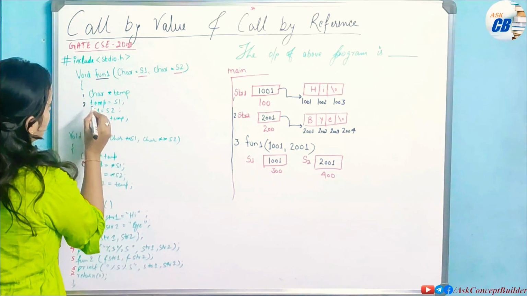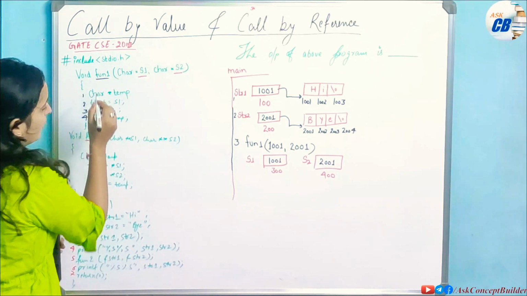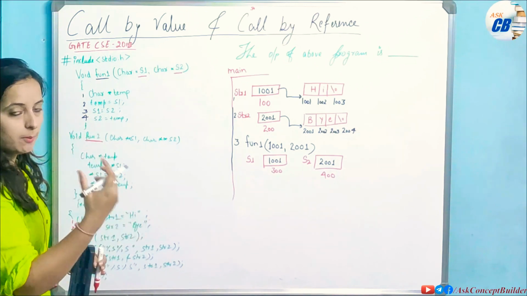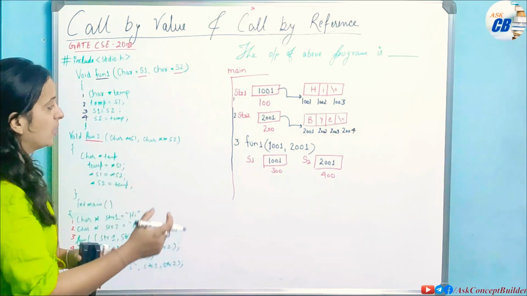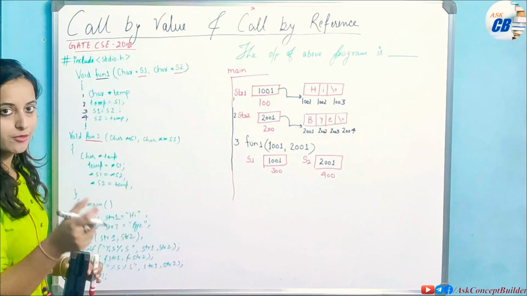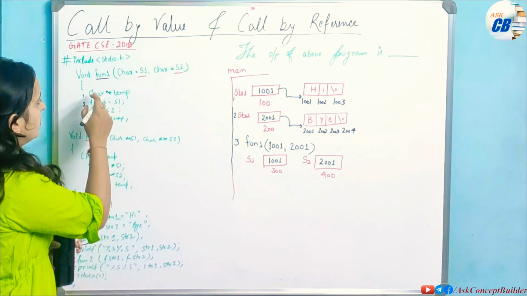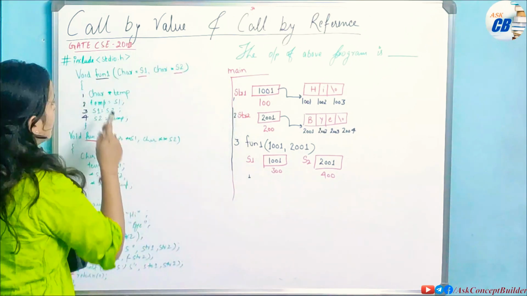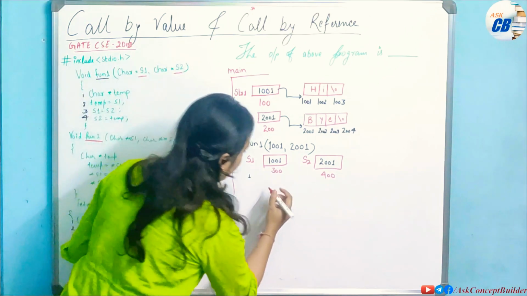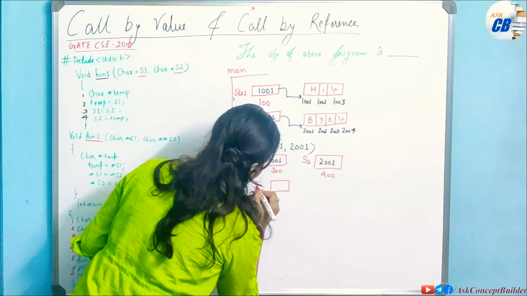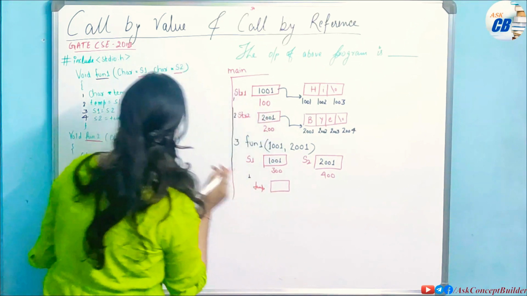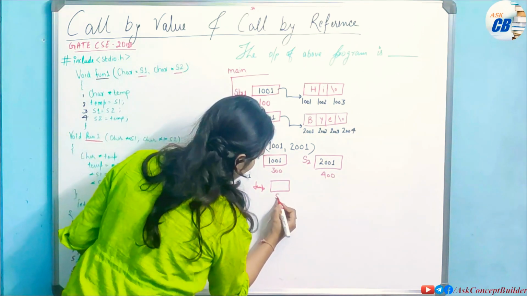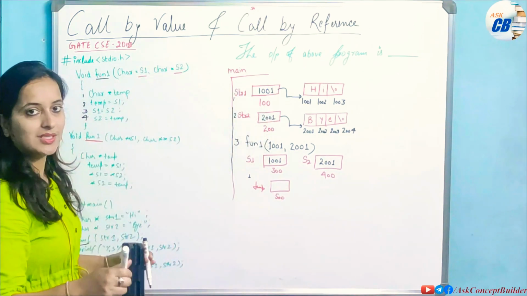So see here how many steps are there: 1, 2, 3, 4. So in the fun1 function you have 4 instructions, so you have to execute these 4 instructions, complete the fun1 function execution, and then return back to the point from where it was called. Now see, we will move to the fun1 function. The first step in your fun1 function is char star temp. So a temp variable is created, that is also a pointer variable, and maybe at some memory location 500 I am allocating this variable.